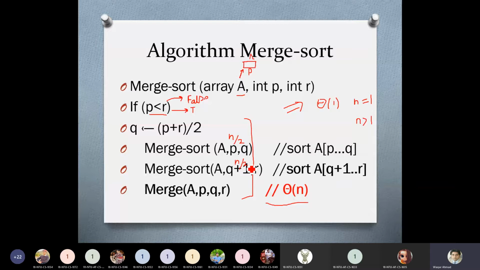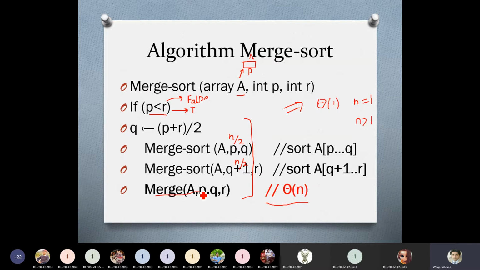If the size of the array is greater than 1, the function will divide the array into two and pass half of the array to the first recursive call and half of the array to the second recursive call. For each recursive call, because this is a function call, the merge activity will also be performed.